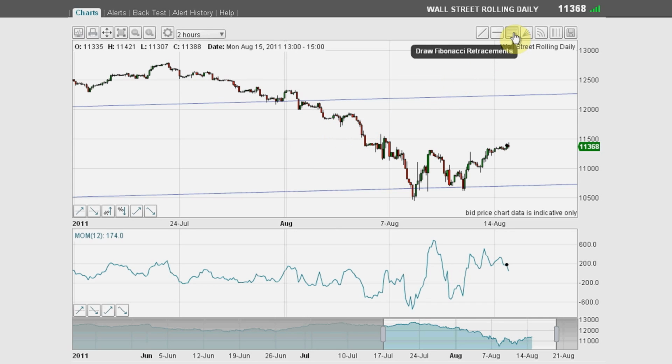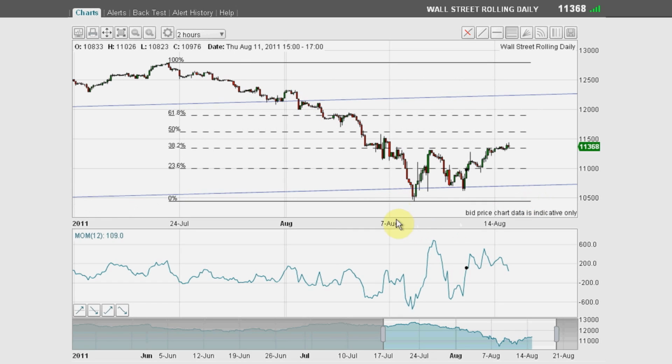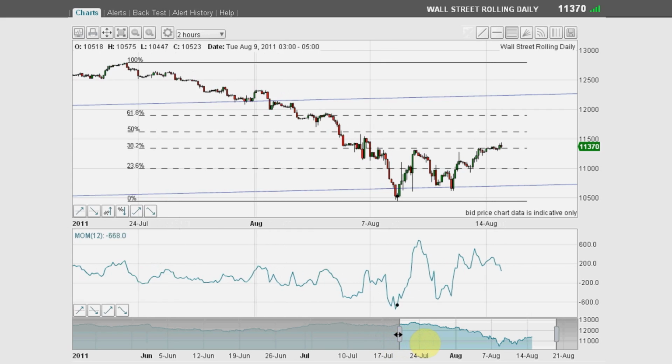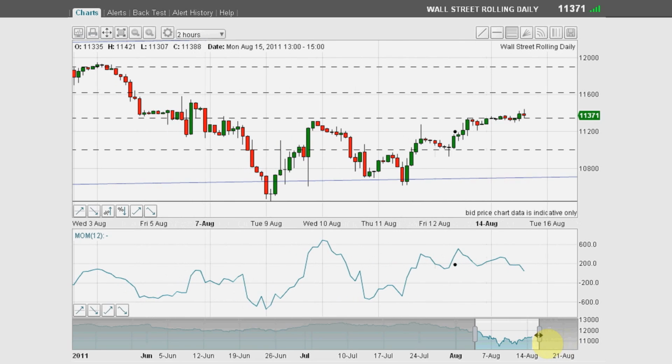But I can show you a really good Fibonacci. I go for my Fibonacci tool here. Here's my high pivot. I go down here. Here's the low pivot down there, 10,450. And right away we see, I can actually scoot it up here to show you a bit more detail. We don't need that much on the right hand side of the chart. There we go. So we've got an A, a B and a C pattern. Now that could be a finished wave. This C wave could be a completed wave, but notice how it's fighting with this Fibonacci 38.2% level.